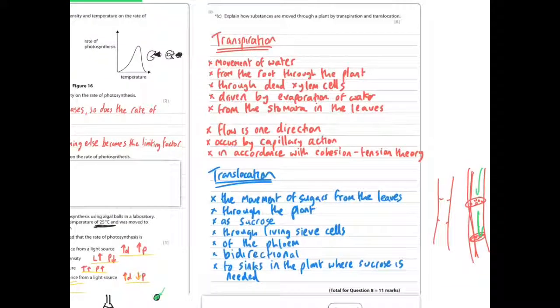So basically, you don't need to write all of this down to get 6 marks. Even if you just wrote a little bit of here and a little bit here, you'd end up getting 4 to 5, maybe even 6 marks. So really give these a go. It's unlikely, if you attempted a 6-mark question, as long as you wrote something relevant, you'd get less than at least 2 marks. So always